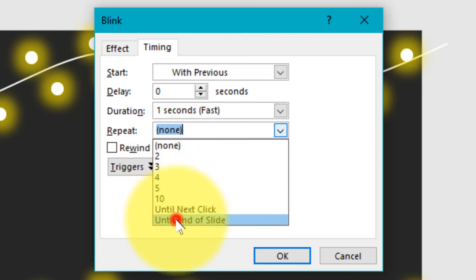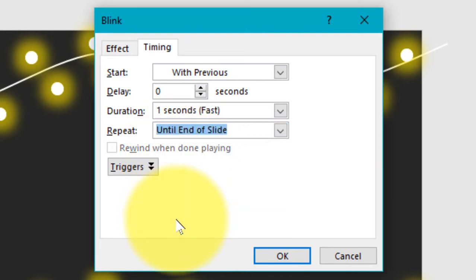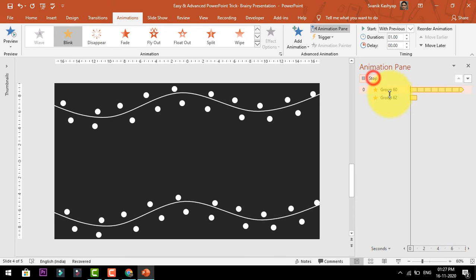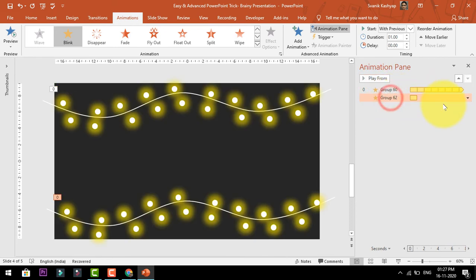So this animation will play forever until you proceed or jump to another slide. I'm clicking OK, and I will apply the same effect to the second one also.